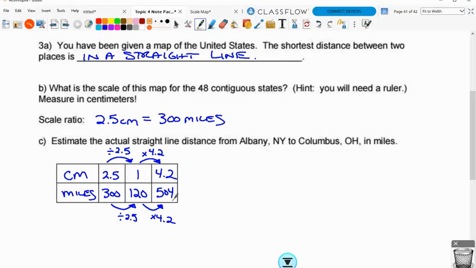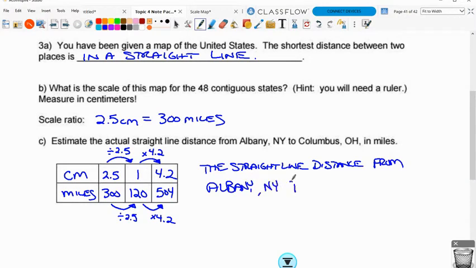504. Okay, so now I know that the straight line distance from Albany, New York to Columbus, Ohio is about 504